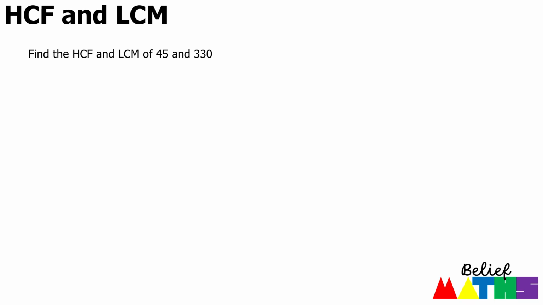Now, similarly to what I said in the first video, highest common factor, lowest common multiple. There are some functions on the newer calculators that allow you to do this, and if you're aware of those, please use them. But this method will work no matter what calculator you have. What we're going to do is, again, the same thing we would do if we do non-calculator. We're going to write it as a fraction. Where our calculator helps is we don't need to simplify this manually. We can just put 45 over 330 into our calculator, and that simplifies for us to